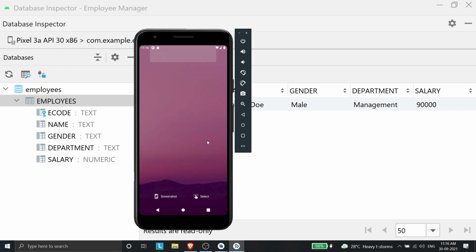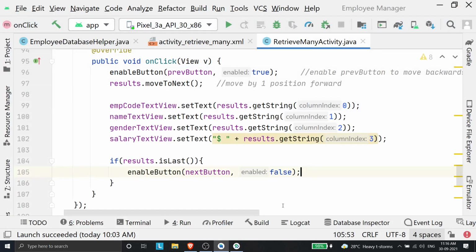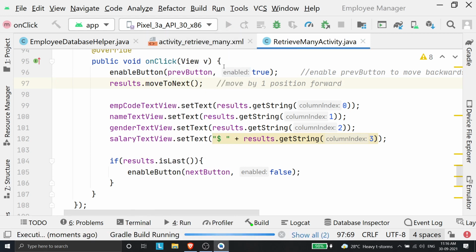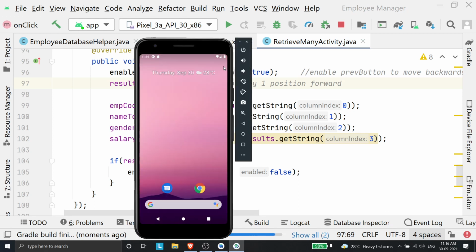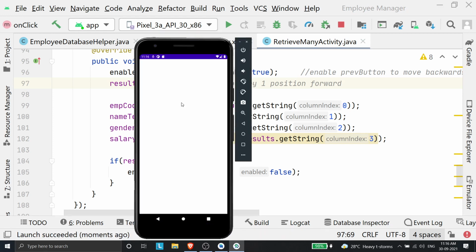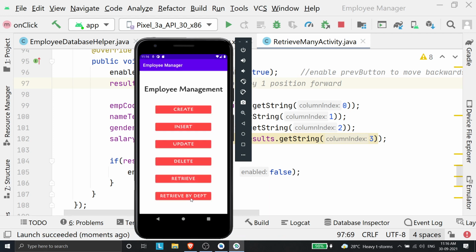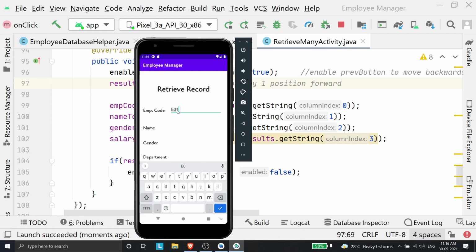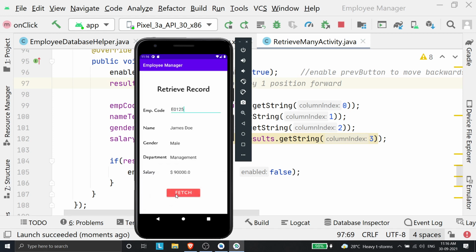It doesn't matter if I close this and let's say I'll basically terminate this process and I'll close this. If I save the state and the emulator is closed, if I run this emulator again, since we are using a database right now, the data that I've entered previously will persist. Like the database will already be existing. So if I go back to the application and if I try to retrieve a record, and if I put E1025, that was James Doe's record, that record will still be there.